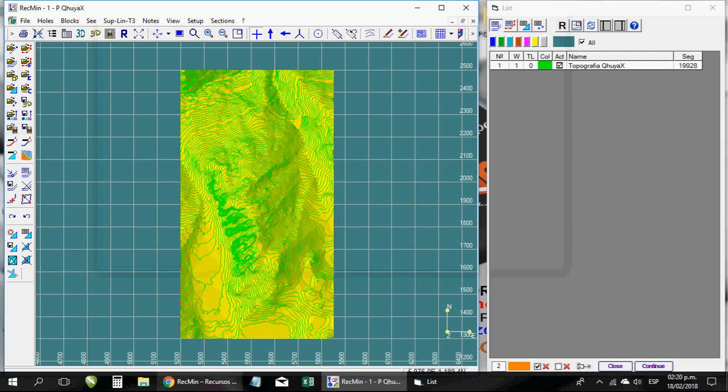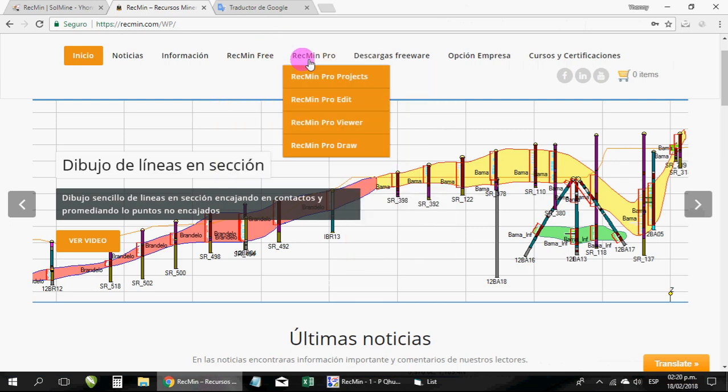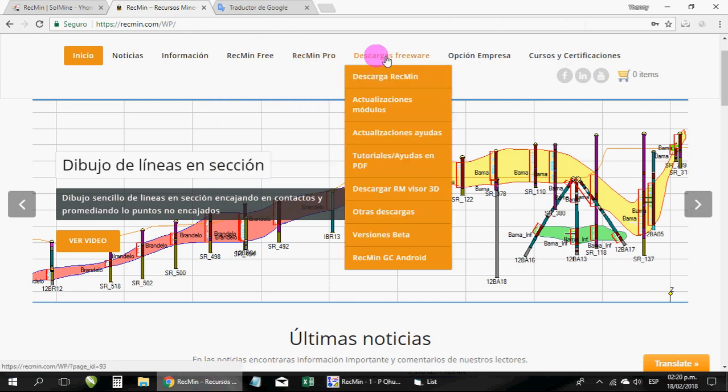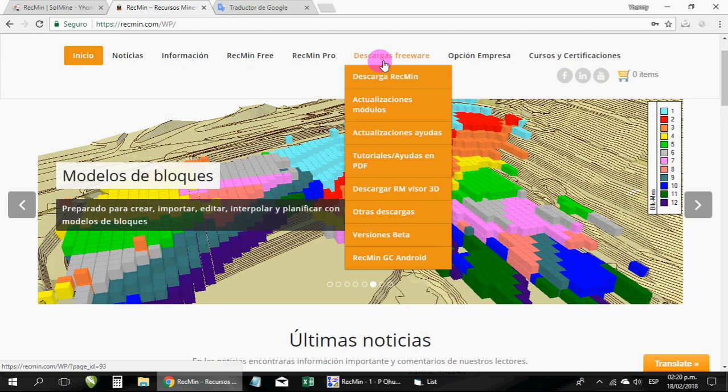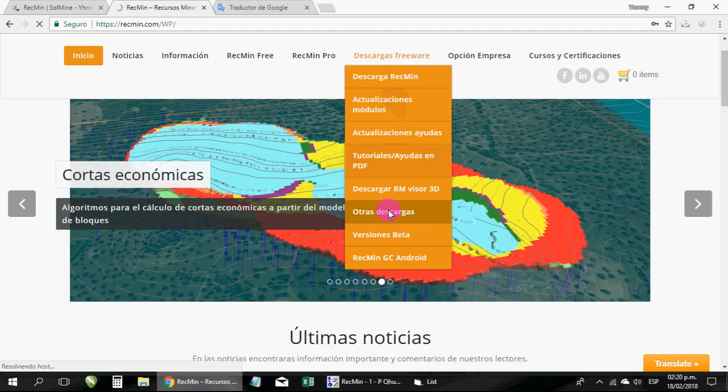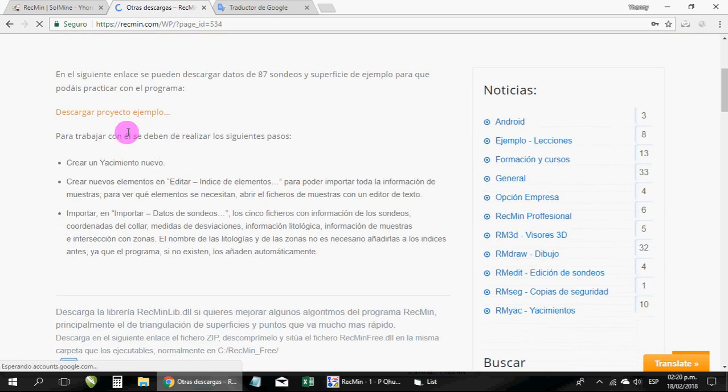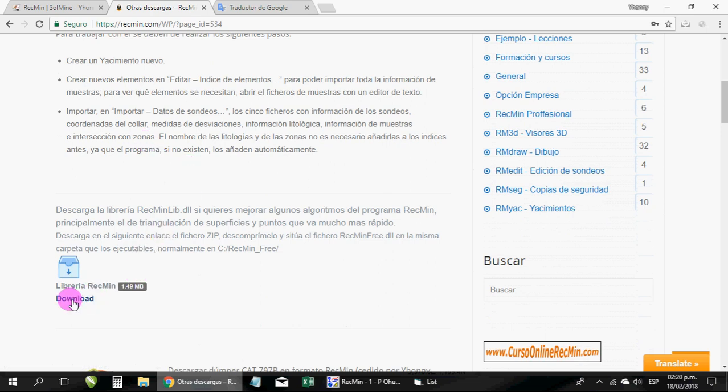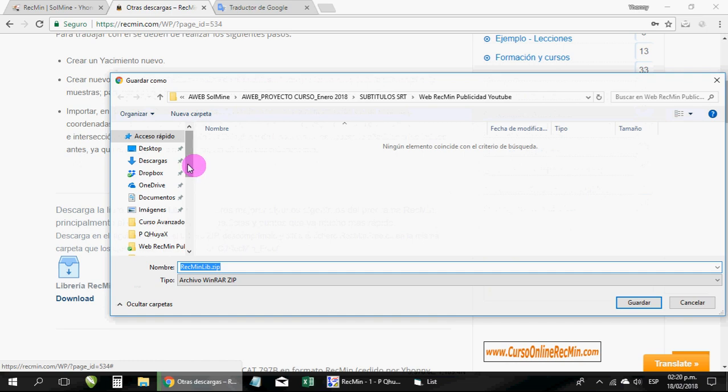What you have to do is the following. You go to the RecMin page where it says free downloads. You go to the option that says other downloads. I repeat, go to the RecMin website to other downloads, and here where it says download example project, below is a file that says RecMin library. What you do is download this file. I'm going to download it right now,